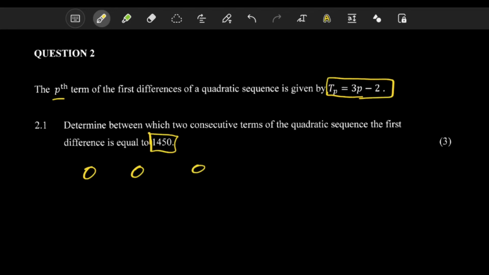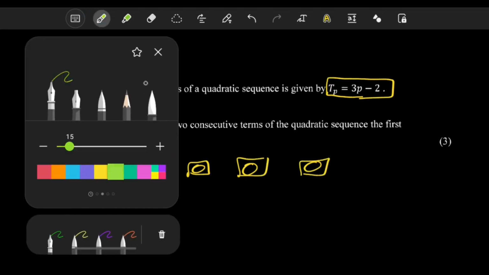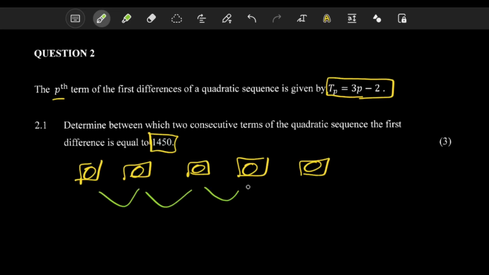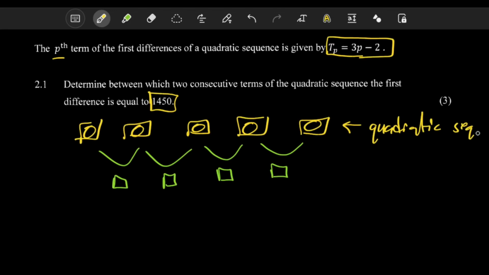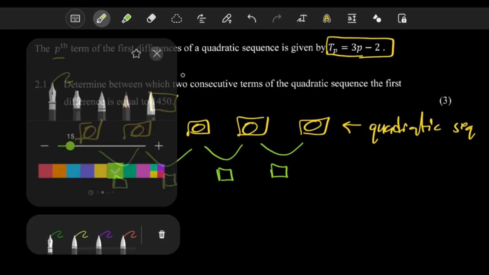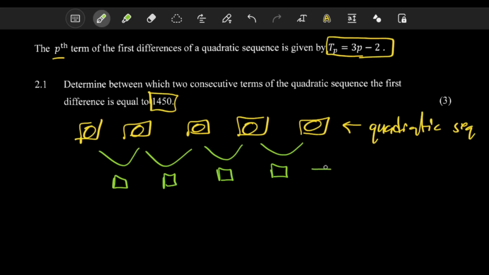So what they mean is you have a quadratic sequence, right? Let's say you have a quadratic sequence here. You know that it has a sequence of first differences. So this quadratic sequence here, you will have a sequence of first differences. You see, like a number here, a number there, a number there, a number here. Let me actually label it. At the top here, you will have a quadratic sequence, you see. But then these are your first differences, you see. These first differences,